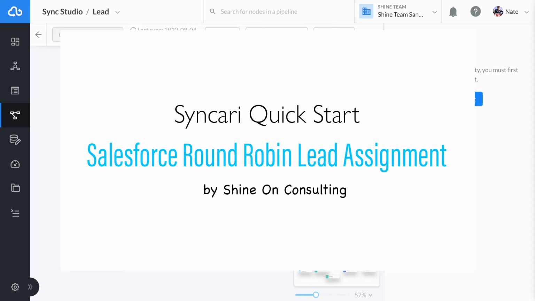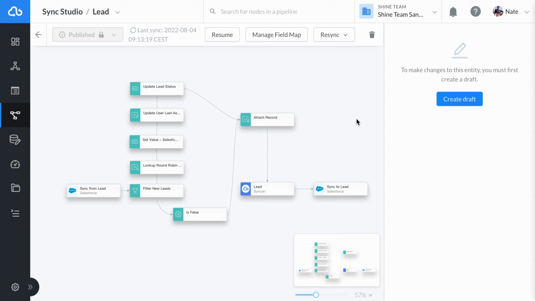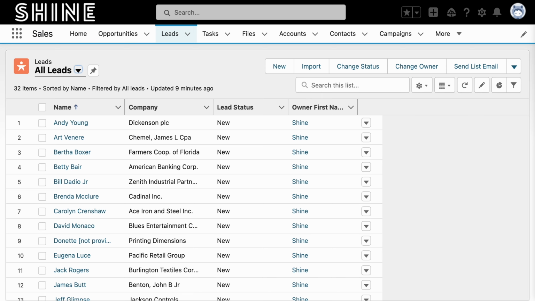I'm here just to show you a quick start that we've created for our Syncari platform. It's going to be available from their Quick Start library where you can download this and install it and be up and running. So this quick start specifically is our solution for a round robin assignment to the lead records for your Salesforce instance. So you can see here that we've got the pipeline created,